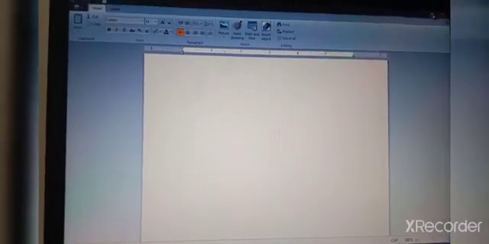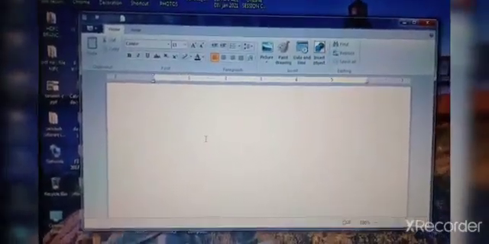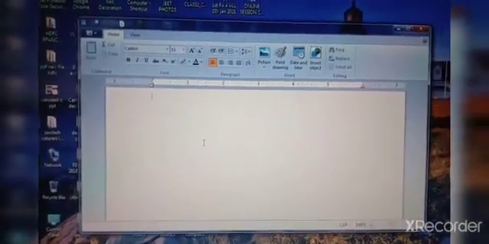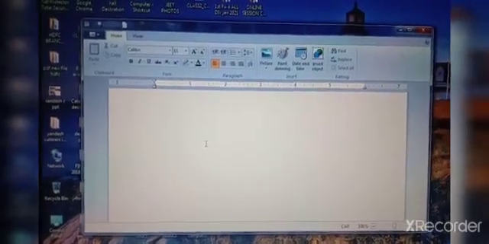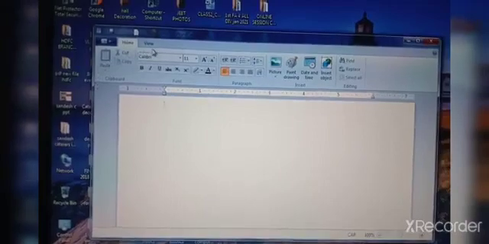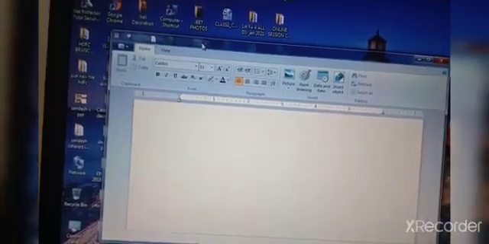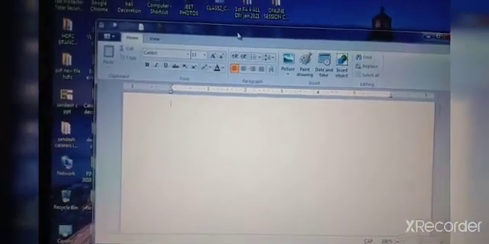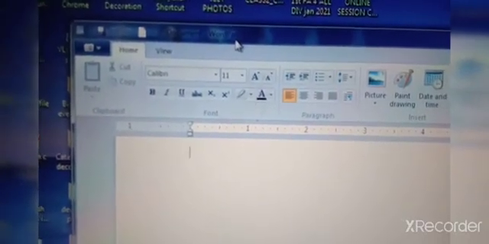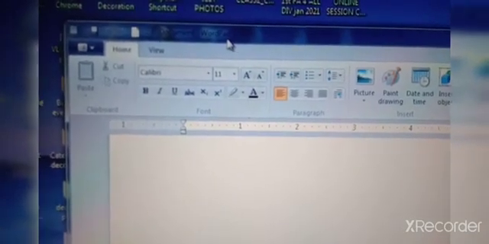This is the WordPad window. I will minimize it, okay? So that you can see the full window. Now, here we will see the components of the WordPad screen. Revision of components of the WordPad screen. First, here you can see on the top, this is the title bar. This blue bar on the top of the window is the title bar. This title bar displays the name of the document, and which program it is. You can see here, this is WordPad. Okay children, this is the title bar.